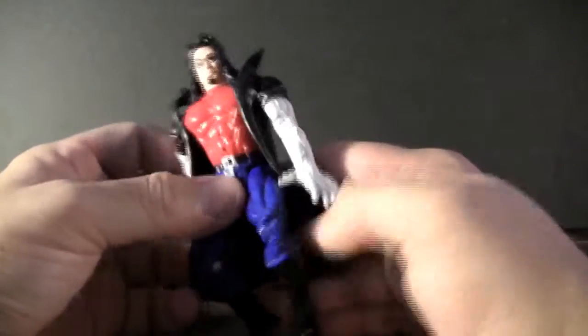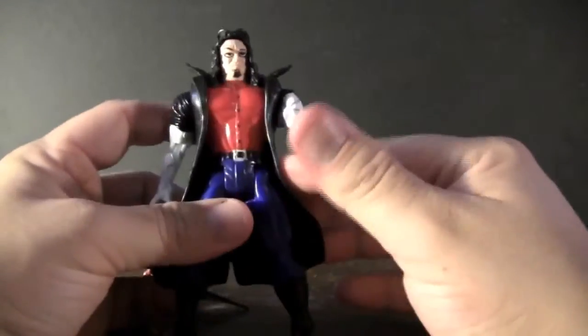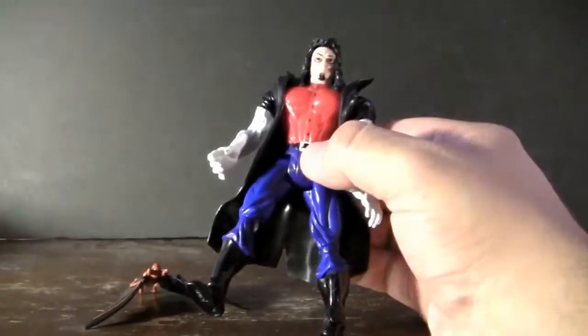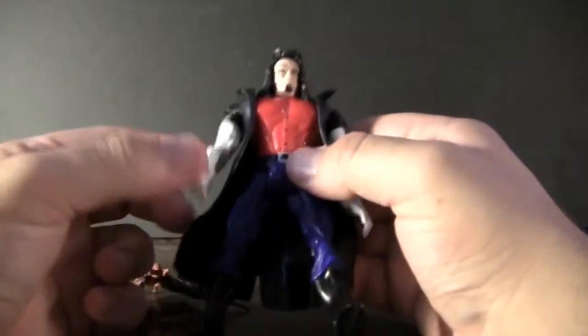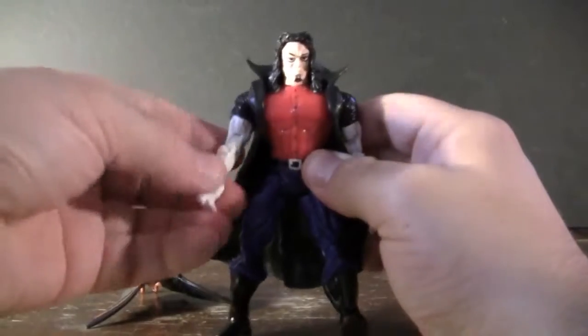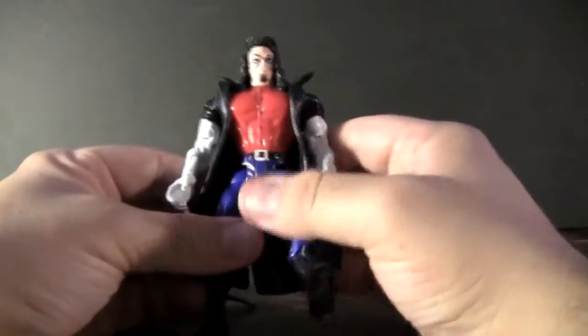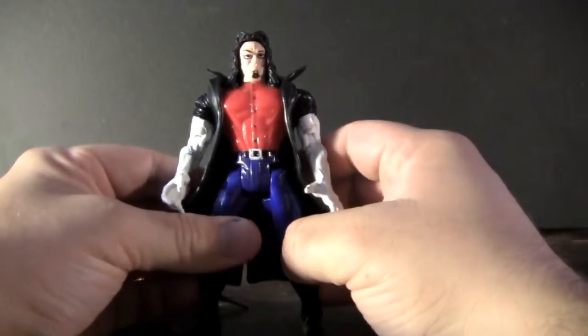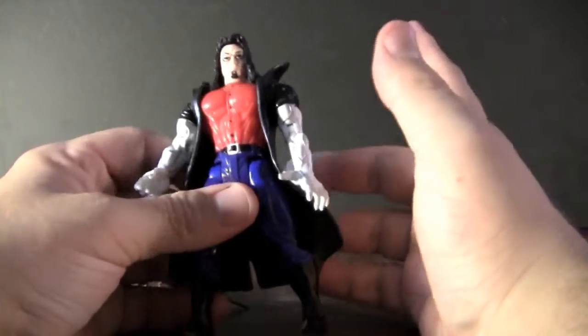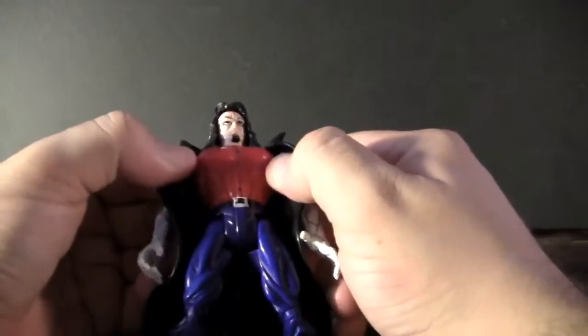It's made of a really nice soft plastic, and it doesn't actually hinder anything, especially with the arms and other stuff. His articulation is pretty standard. I've gone over this a million times with other Toy Biz toys of this era. I mean, his legs can only go up and down, his knees bend, his arms go forward and up, and he has articulation at the elbows. That's about it. Yes, it does look like the head can move, but once again, that's the gimmick I don't like. But before I get into that, yes, his jacket can come off